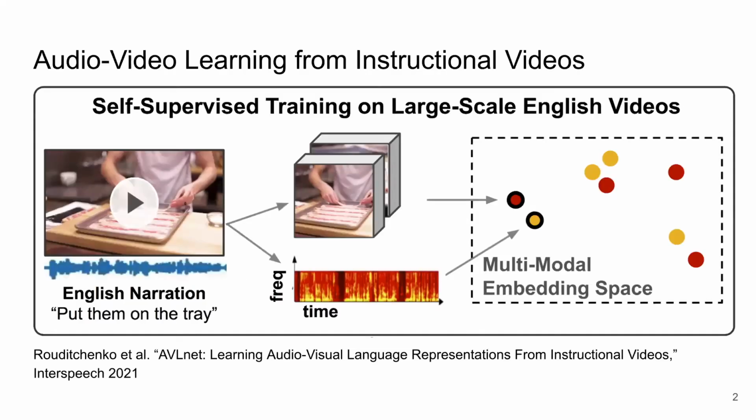We explore self-supervised audio-video learning from instructional videos, which contain visually rich descriptive language. We use the AVLNet model to learn a joint audiovisual embedding space from the raw audio and visual channels in instructional videos. Our goal is to learn from the raw speech audio instead of text from automatic speech recognition systems